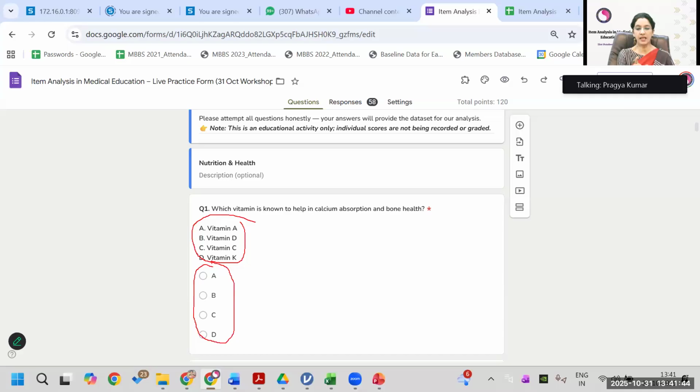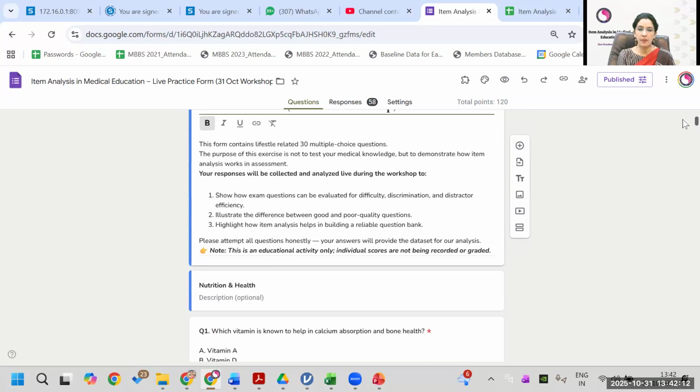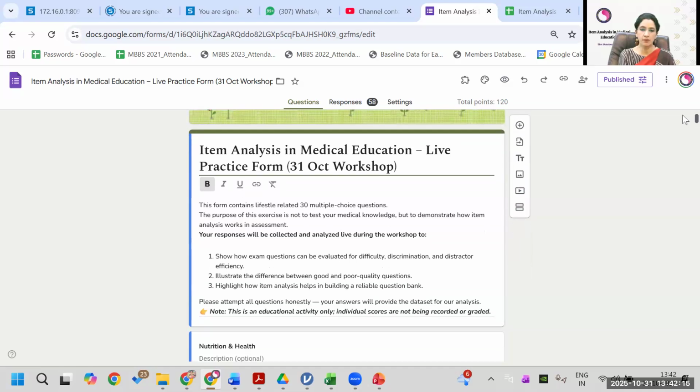So can someone tell what is the advantage if you ask questions like this? What is the advantage, or how will the Google Sheet come if you don't give this? If you don't have these A, B, C, D separately, then in the response format which you get, you will get the wordings like vitamin A, C, D, etc. So Priyanka is saying multiple answers can be attempted. No, Priyanka. Apart from multiple answers, what we want is,